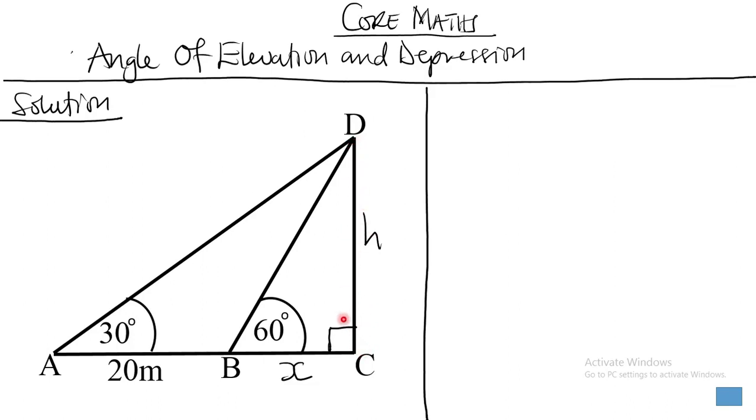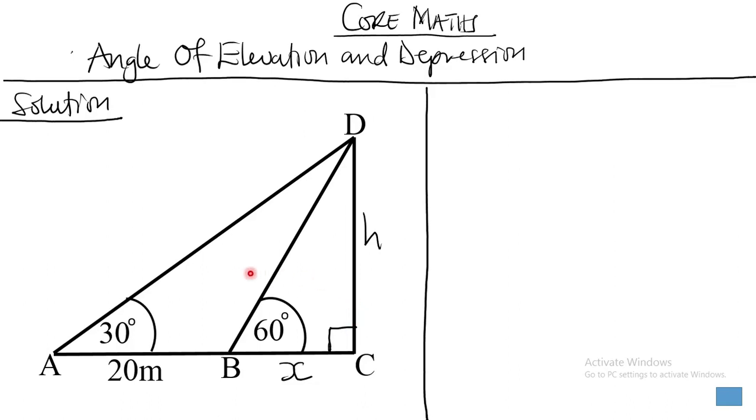So the perpendicular height for triangle BCD is what? CD. And the perpendicular height for triangle ACD is what? CD. So they all have the same perpendicular height. So what we are going to do here is find the height of